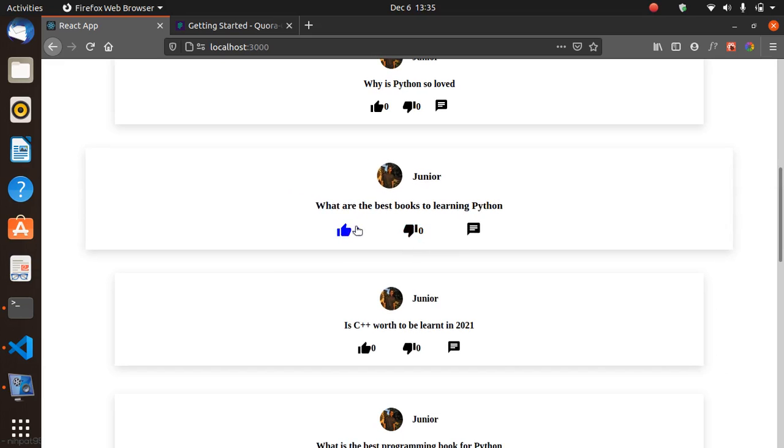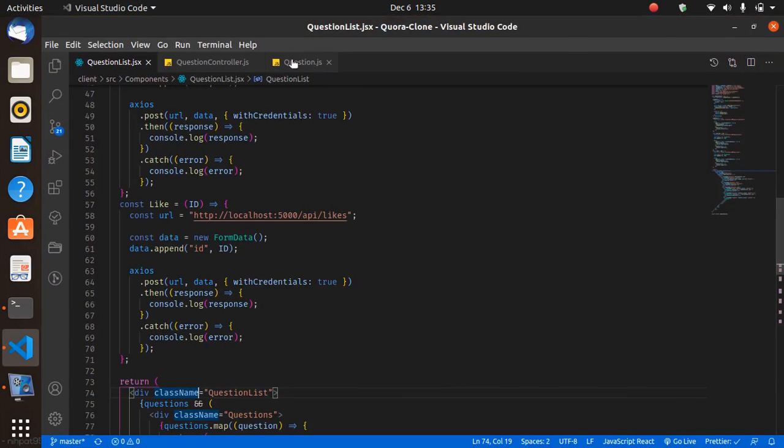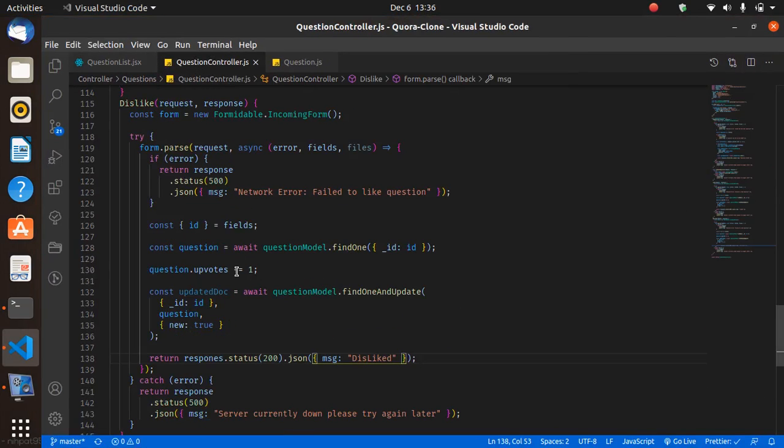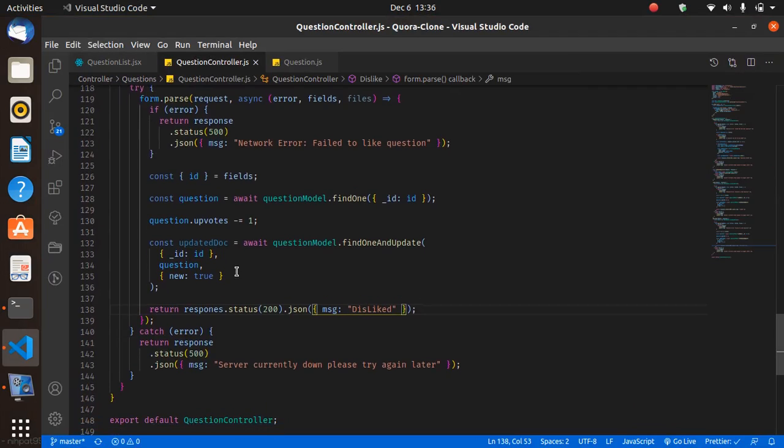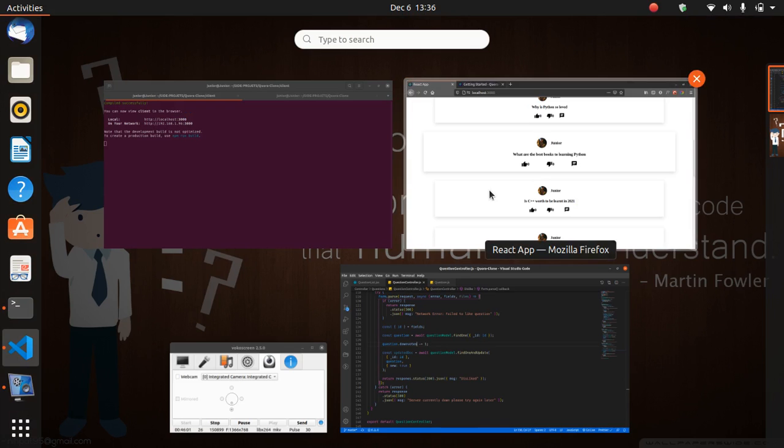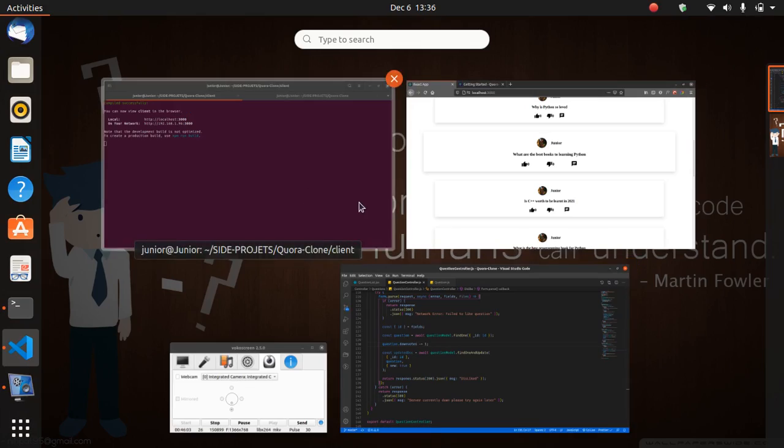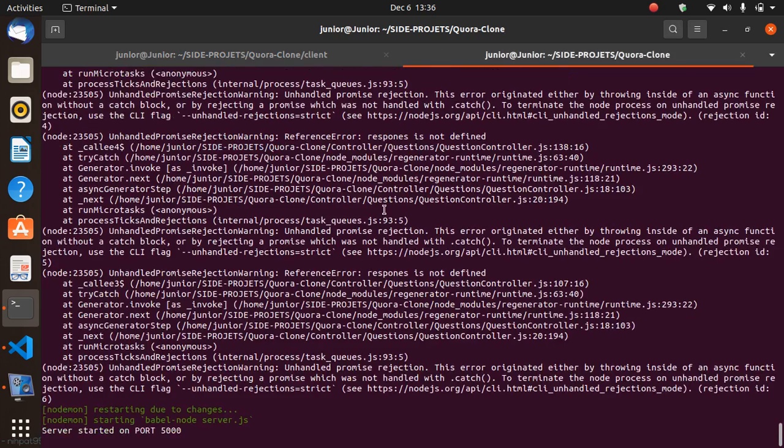When I dislike, it was downvoting there. Oh, it makes sense why this thing is going back to minus. Okay. So remember, because we copied exactly within the controller, we forgot to change this to downvotes. That should be changed to downvotes instead of